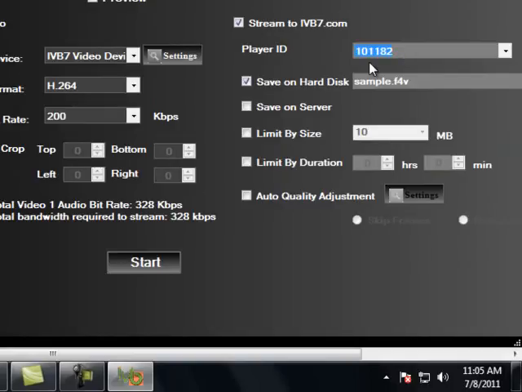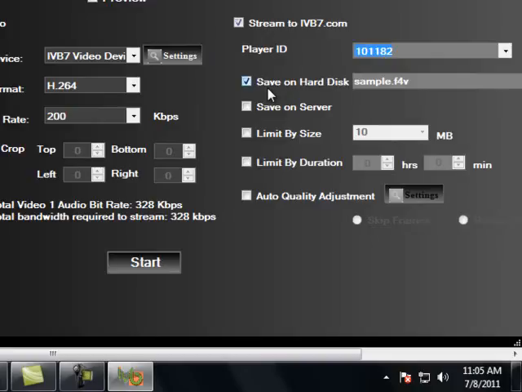Once you stream your videos, the player ID in the web portal will be selected, and to the assigned player it will play the live video events. So let us see how it is streamed and how you view the videos in the portal. So here we have the demo on that. Let us see and watch what's the difference between them.